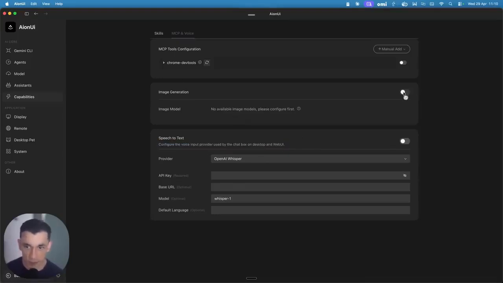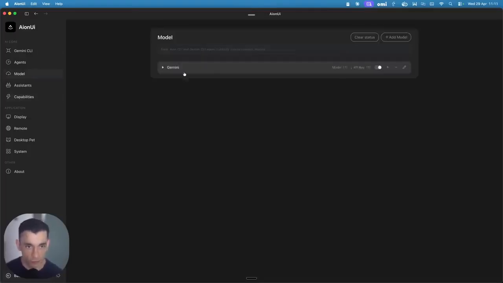Over here, you can add image models, which is super useful. The way that you need to do that first, though, is configure the image models. How do you do that? You go to your model section here, and then